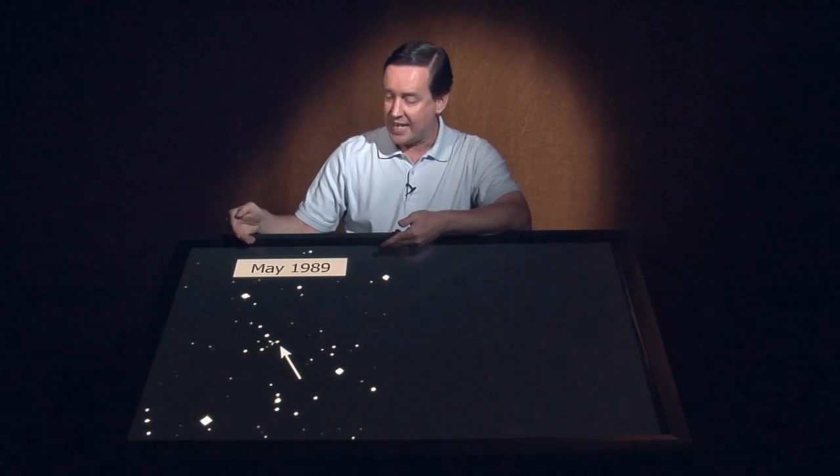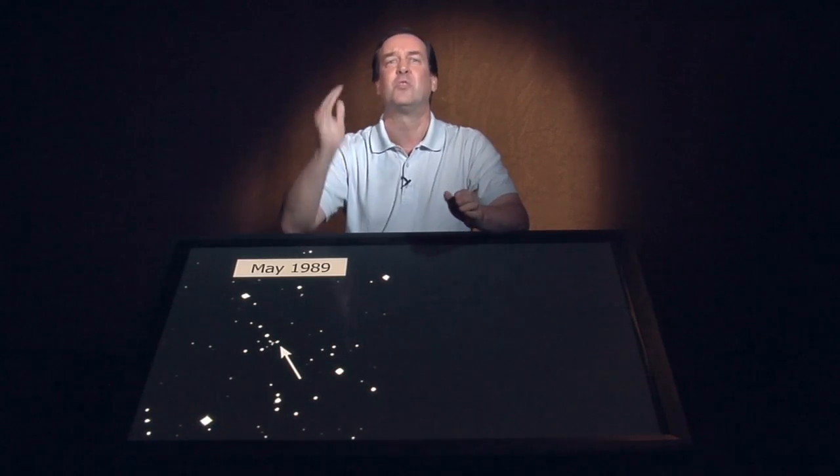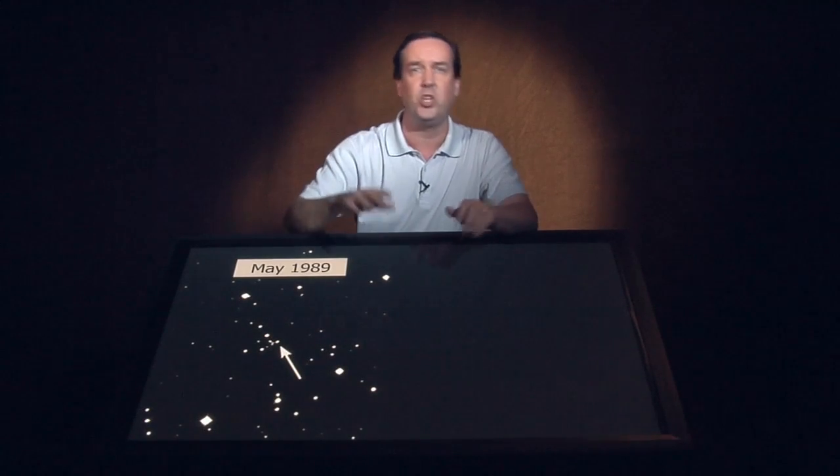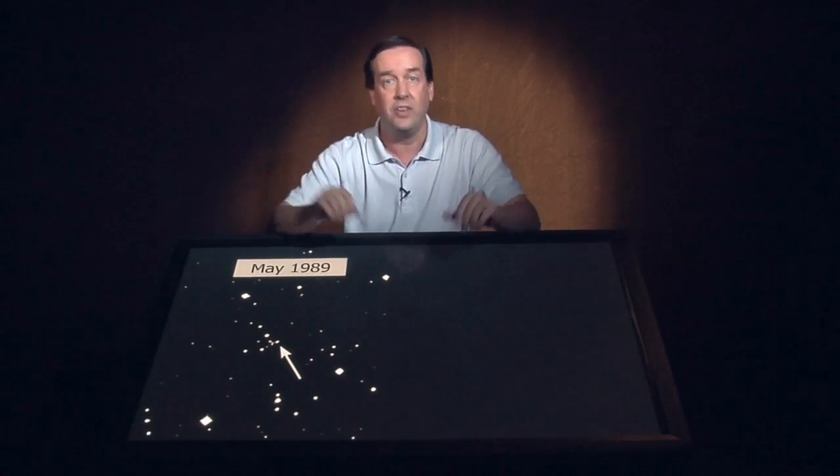Well, here is an image of V838 Mon in May 1989, and it is this star here. It is what we call a 15th magnitude star. Okay, now for amateur astronomers, you probably know what that means. For most everybody, let me just say that it's really, really, really faint. It's 10 orders of magnitude below what the human eye can see. You really need a good telescope in order to be able to see a 15th magnitude star. Not a very exciting star, except